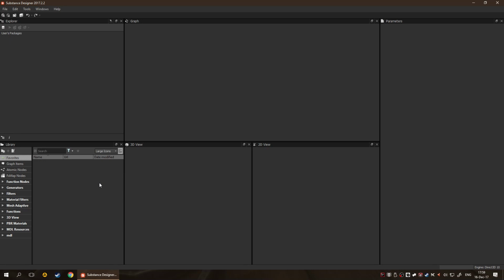Now, the library, in my opinion, is the most useless bit, assuming, of course, you don't decide to add your own stuff in the library. But generally speaking, the library is just a bunch of filters on their own. I mean, of course, the search bar is pretty much identical to that in Painter, so it kind of defeats the purpose of,